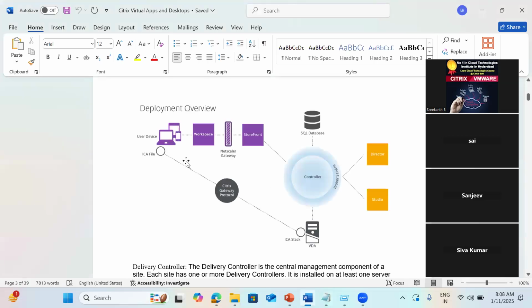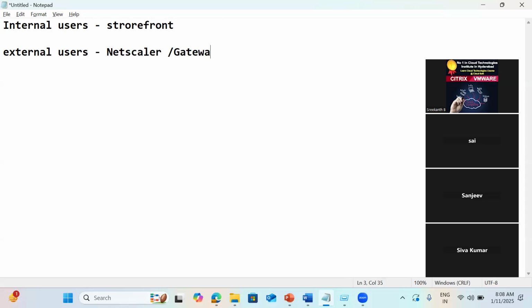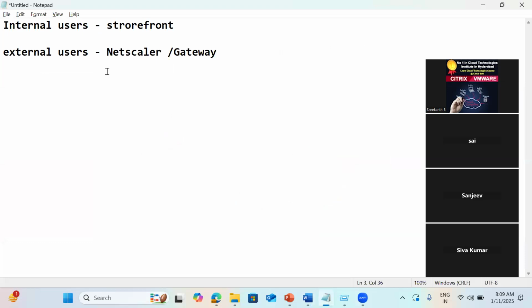So here, the internal users are going to access through Storefront, and external users through Citrix Gateway or Citrix Netscaler. We can call that Netscaler or Gateway. Both are going to communicate over HTTP or HTTPS kind of protocol. Then, suppose we discuss the internal side today, Storefront will communicate with